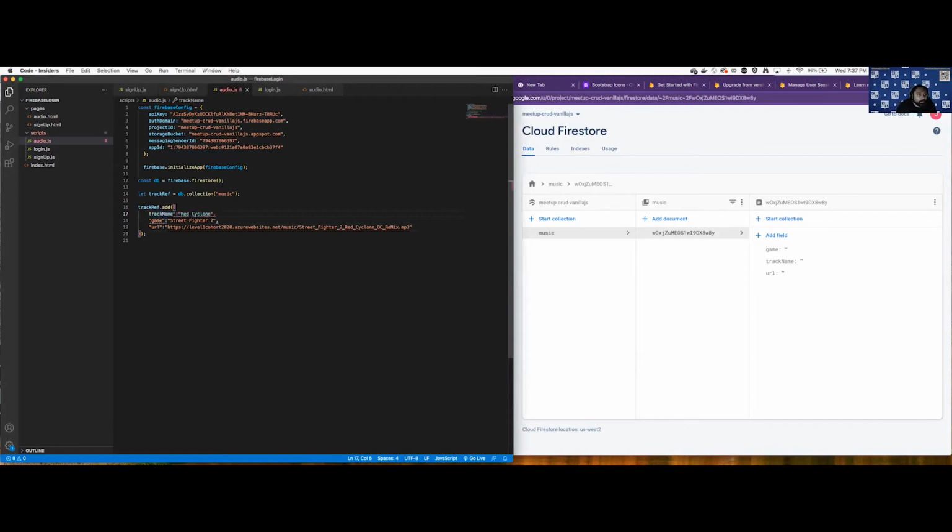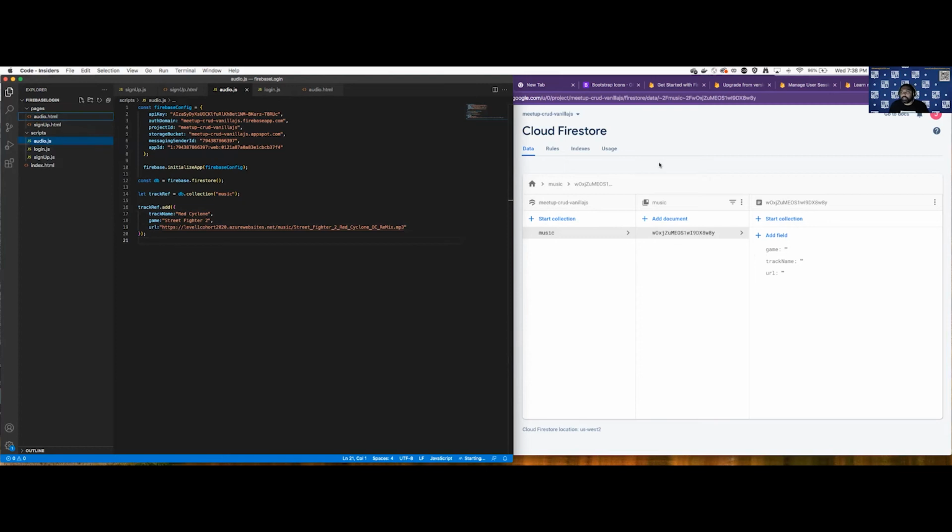I messed that up. Sorry. Get rid of the quotes on the. There you go. So left side is track name, game, URL. Okay. And once you do this, if you actually run this, so I'm going to click on audio HTML,